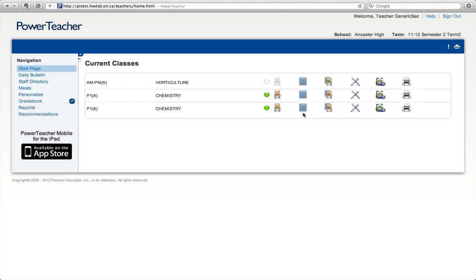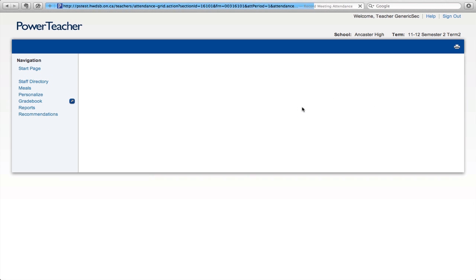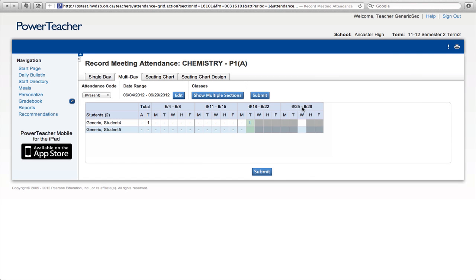Now there are other ways to take attendance. You can also take attendance using this grid icon. What this allows you to do is take attendance for multiple days. So if you know that a student's going to be away for a number of days, you can take attendance for each of those days. And so I can click on a day and simply enter my attendance by clicking on that day. When I click on it, the little drop down will show up and I can choose my absence